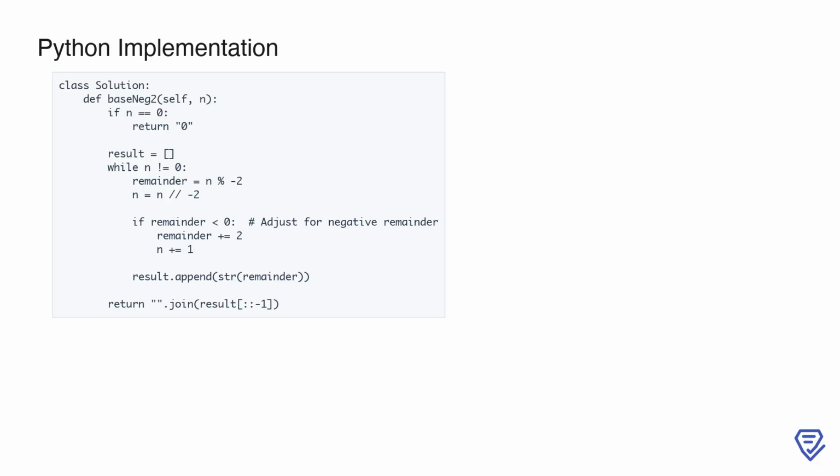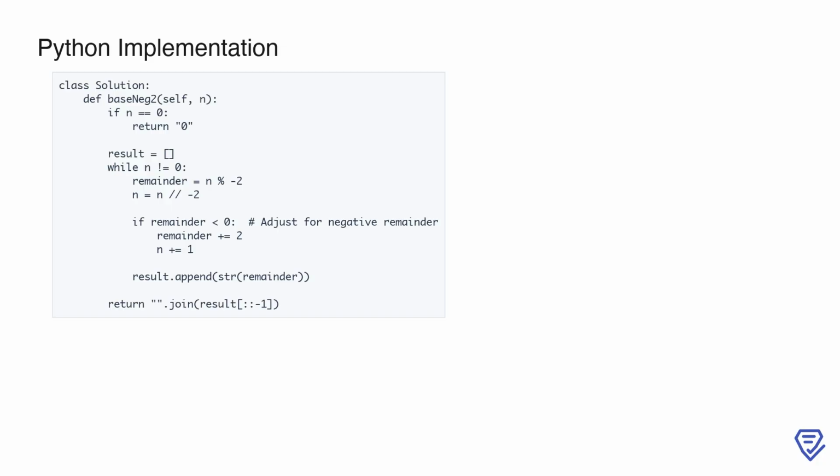This process continues until n becomes 0, at which point the result list contains the digits of the base -2 representation in reverse order. Finally, the list result is reversed and joined into a single string using ''.join(result[::-1]), which constructs the correct base -2 representation. The function then returns this string as the output. This implementation is efficient and handles all edge cases, including 0 and negative numbers, making it well suited for the